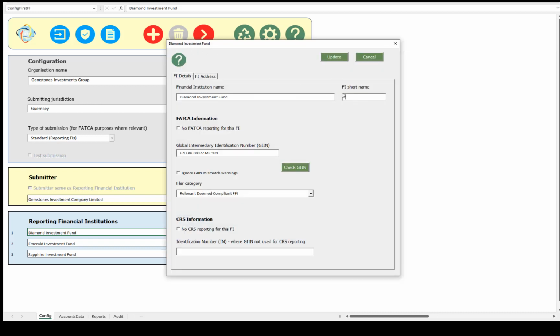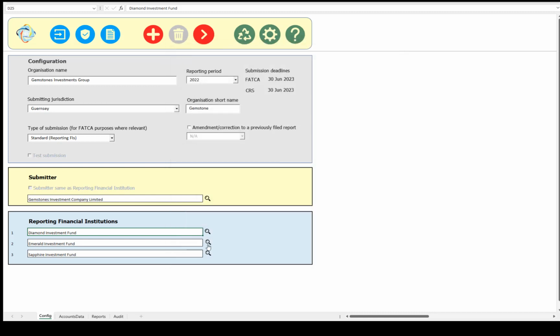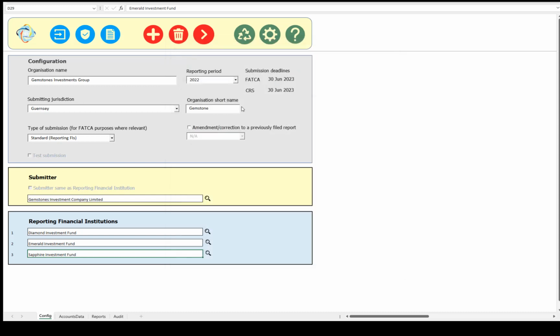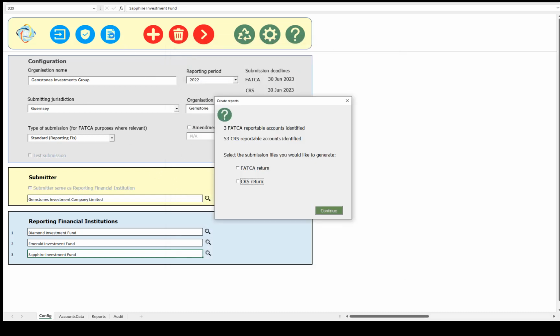So within the FI, you can specify an FI short name, and if you use those short names, we will use those short names when we create the folders and the file names for the FATCA and CRS reporting. Let me show you how that works.